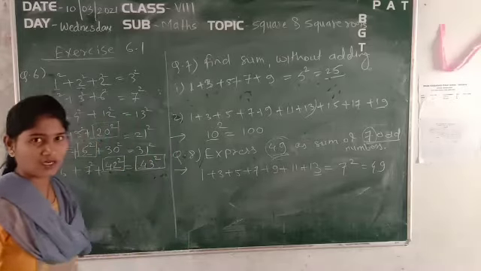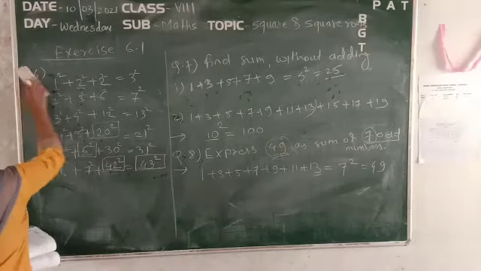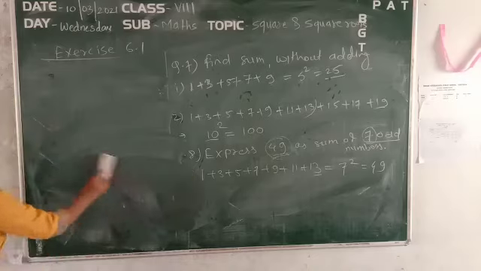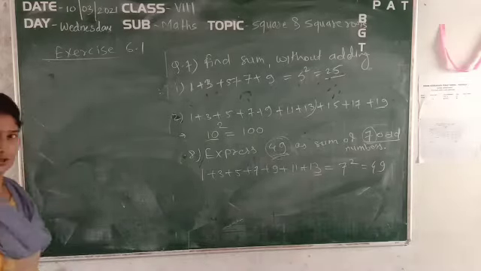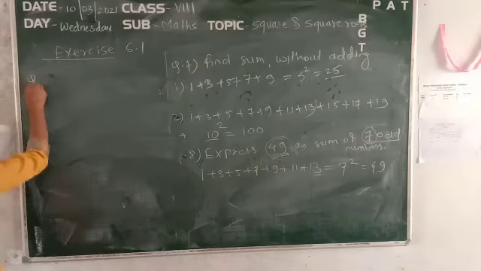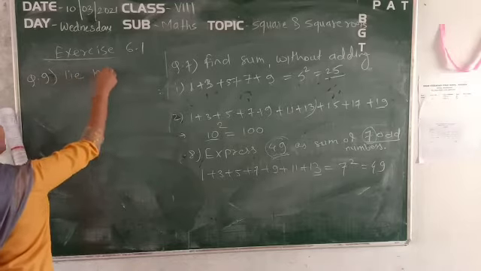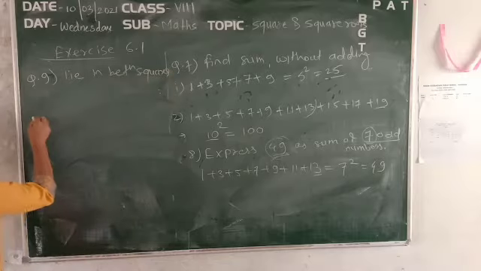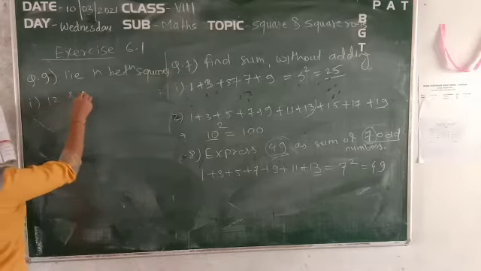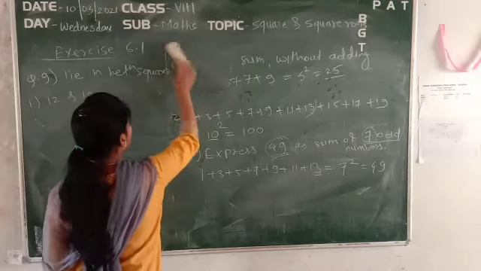Good. Now take a screenshot and write down question number 9. I'm just erasing this one so that our whole exercise will be complete, and in the second session we will see the next exercise or some next properties. So see, question number 9 is there. How many numbers lie in between the squares, and the numbers given are 12 and 13. I will erase this one also, as the space is not enough.